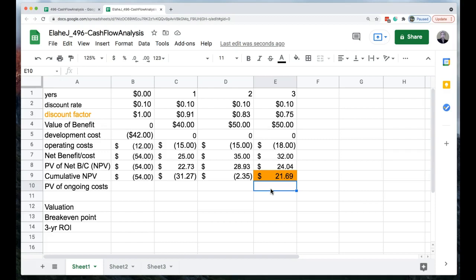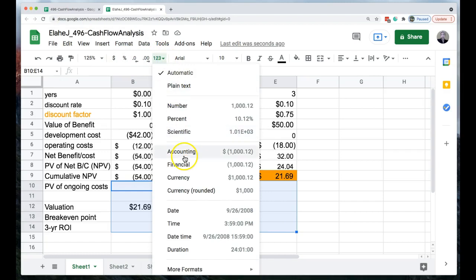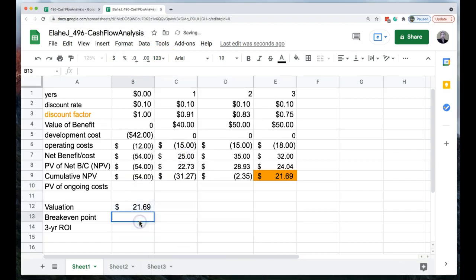These are the things in my framework, and these are the costs and benefits associated with them over the 3 years. This is how much we're going to make, and that's positive $21.69 million. So this is the valuation, so you just put that number here. It's your valuation, the value of your ideas. Again, for the formatting, if you wanted to make everything uniform, we can just pick the accounting formatting,